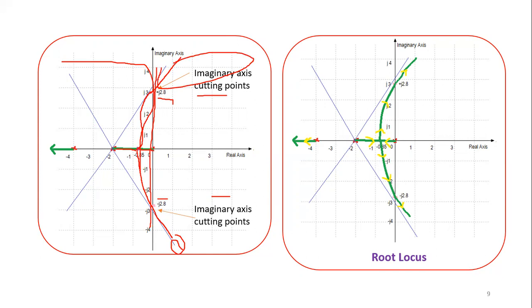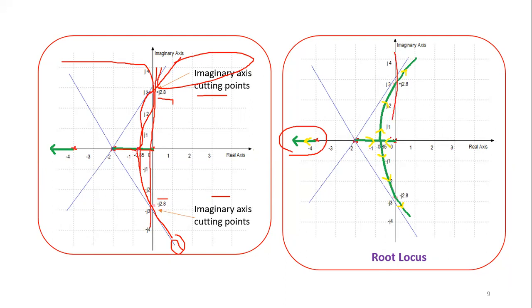If you take K equal to 48, then the poles are on the imaginary axis, and that is a marginally stable system. If you observe the graph, how it is moving: one root locus starts at minus 4 and travels towards negative infinity, and another starts at minus 2 and comes towards the breakaway point. From this breakaway point it travels, crosses the imaginary axis and goes towards infinity, and one more from 0 to the breakaway point. This yellow mark represents the direction of the pole movement up to this portion.